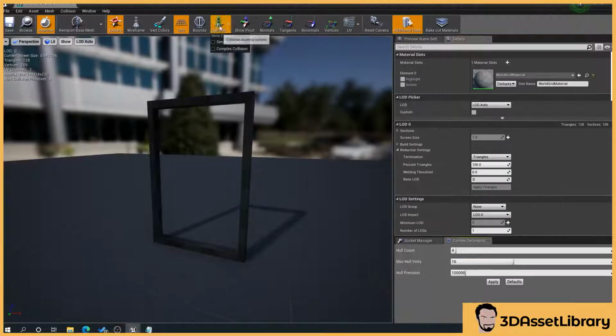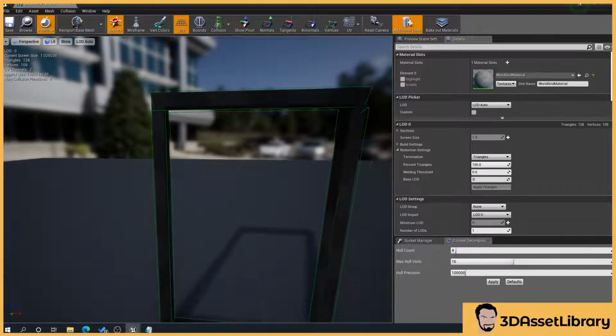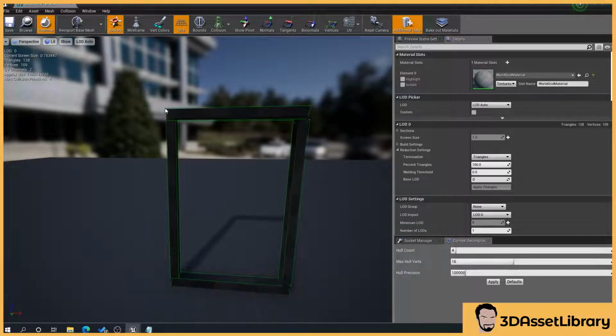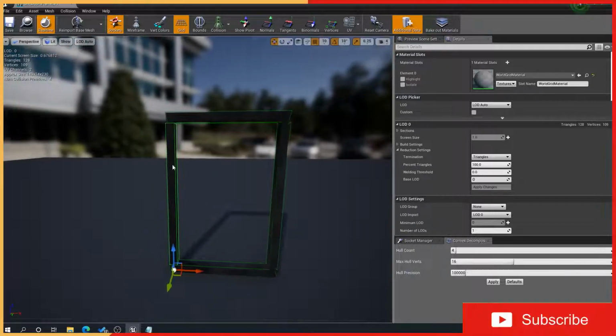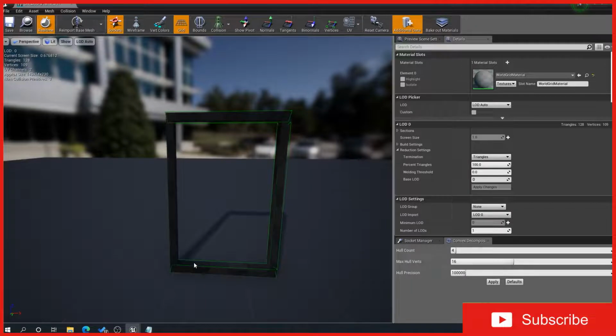Now, generally, I've found that the auto convex works fine for me. You can adjust the amount of precision here, the hull count. Say whether this was curved, you can generally get the precision fine with that. But if you can't, because sometimes things load in and they don't work, you can click on these green outlines, delete them,